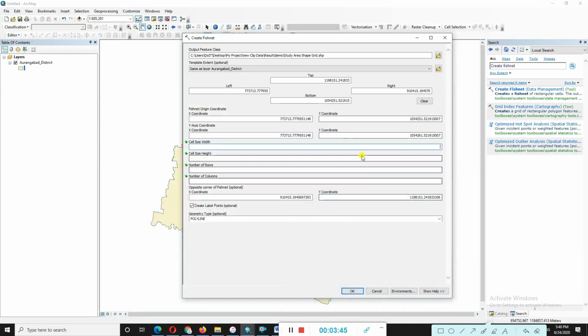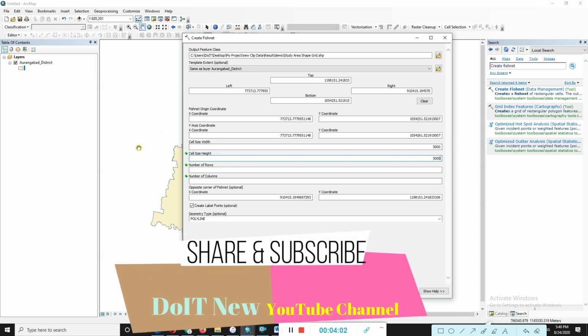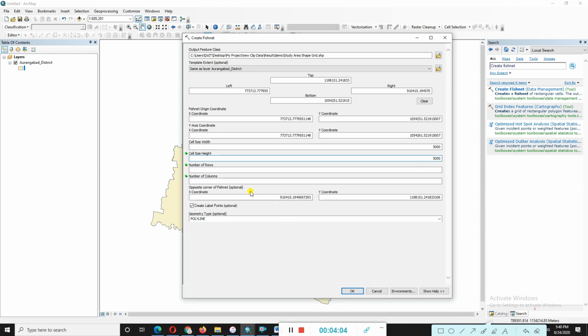I am giving 5000 by 5000, width and height. The number of rows and number of columns are not required, because the whole study area is already divided by 5000 by 5000, so they are considered by default.